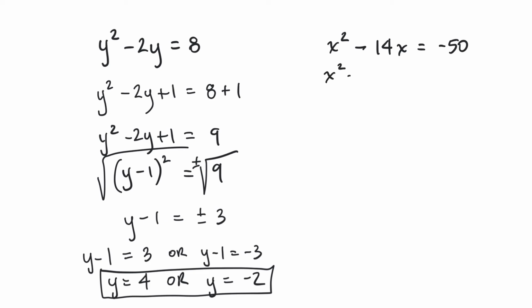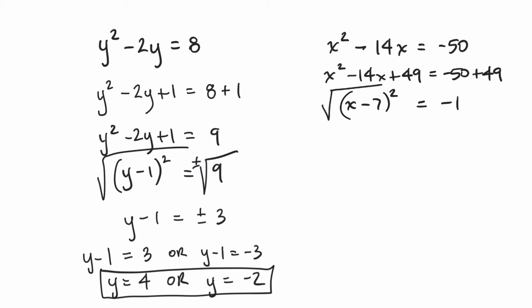So we get x squared minus 14x plus 49 equals negative 50 plus 49. So this left side, factors of 49 that add up to negative 14, that would be negative 7 and negative 7. So this will be x minus 7 times x minus 7, or x minus 7 squared, and that'll equal negative 1. So what we'll do, take the square root of both sides. We're looking for both the positive and negative roots there. This will be x minus 7 equals, and then what we get over here is the square root of negative